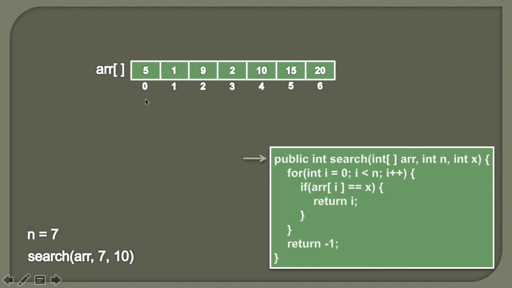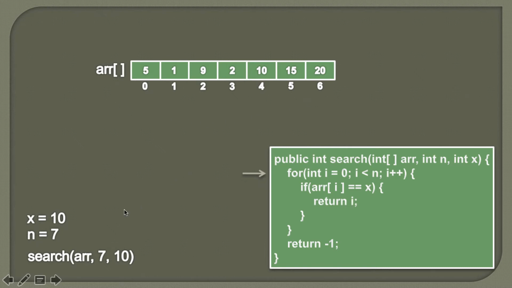So here you can see the number of elements in this array is 7 and the value which we want to search is denoted by x, which is 10. Moving ahead. So friends, how this algorithm works is we start from the leftmost element of the array and one by one we'll compare x with each and every element of the array. So here if x matches any of the elements, then we simply return the index of the array, and if x doesn't match with any of the elements in the array, we simply return -1.